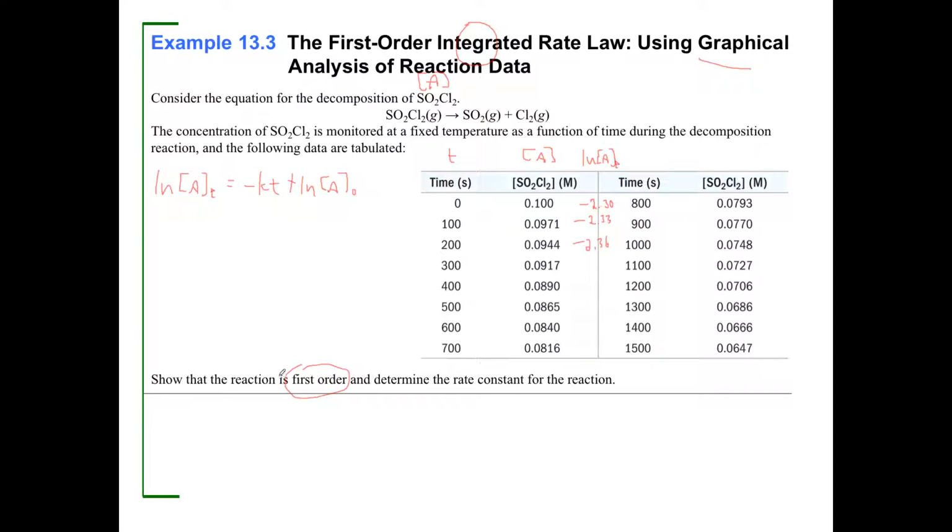So the way I'm going to show it's first order is I'm going to show that if I graph, let's do 4 points here, okay? 0.0917 natural log goes to minus 2.39, okay? So what I'm going to do in order to show it's first order is I'm going to graph,